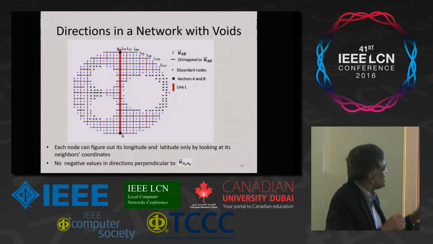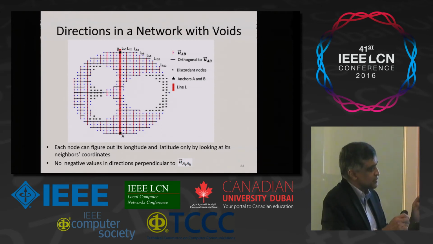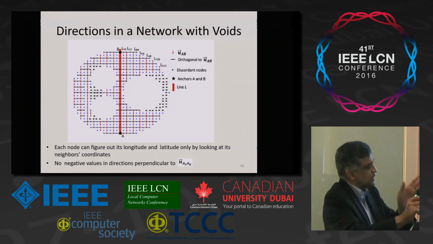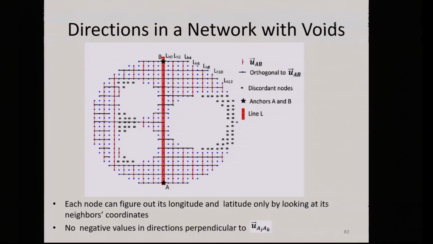So now you can actually say, to route a message from this node to this node, go in the direction perpendicular to AB, go along the direction AB for this many hops, and turn and go in the direction perpendicular to AB for this many hops. In other words, in a graph, now I can give directions. Go in this direction for 5 hops, turn in this other direction for 7 hops, and turn in this other direction for 3 hops, and you are home.